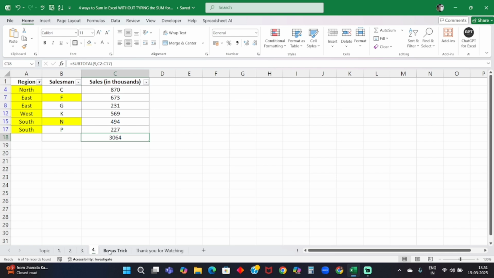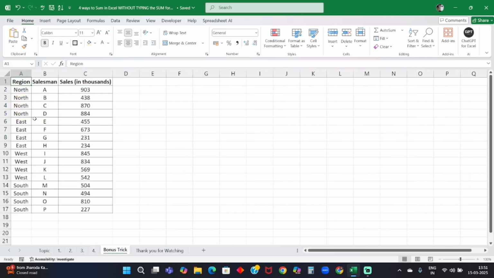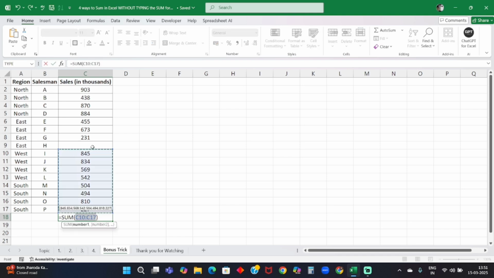Now let's come to the bonus trick. Now I love this one. Okay, now let's say you have these. Even when you do alt equals, it works, but again subtotal helps you. Or let's say you have a blank cell in the data. Now it can create a problem. When you do alt equals, it only selects the above cells which have the data. If there's a space or a blank cell, it won't identify that. So what you can do in this case is,